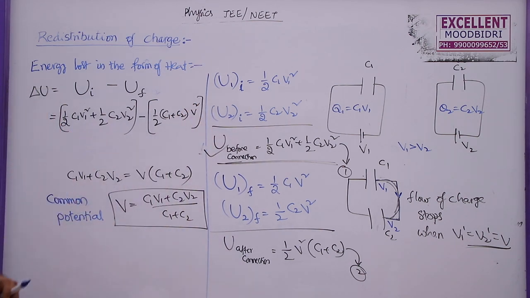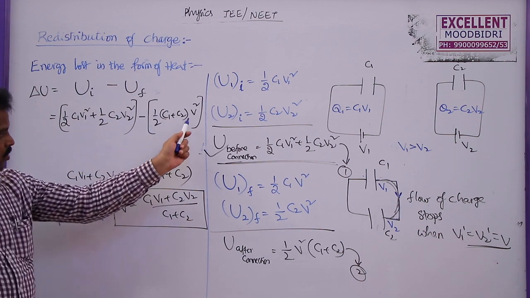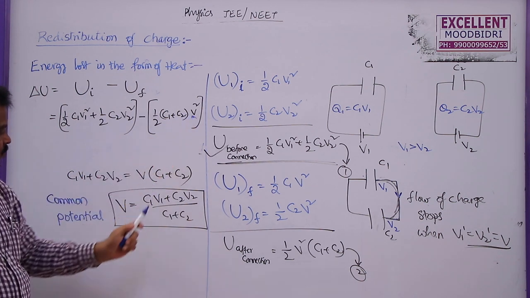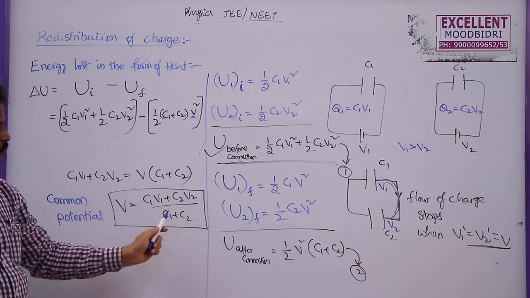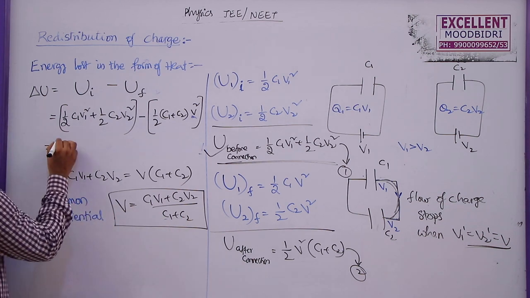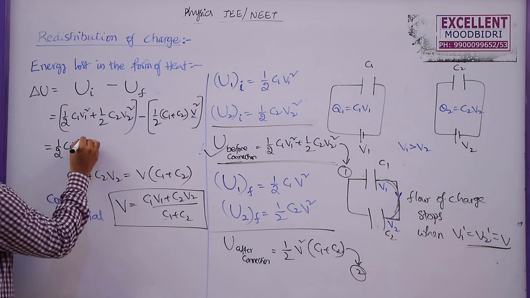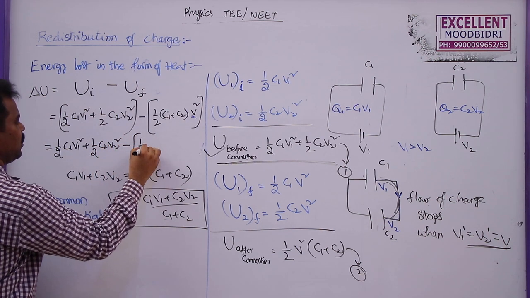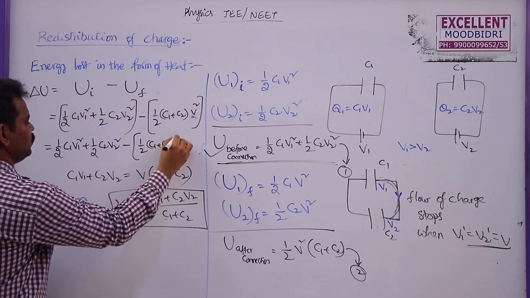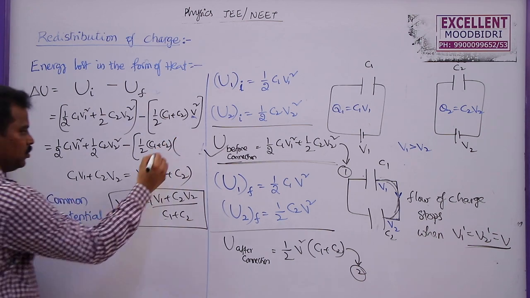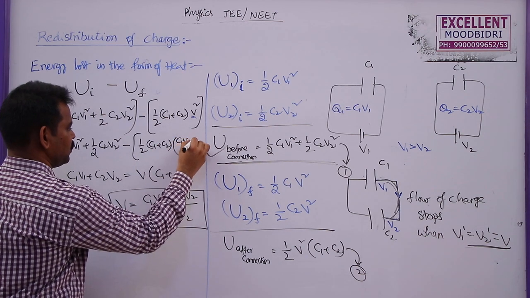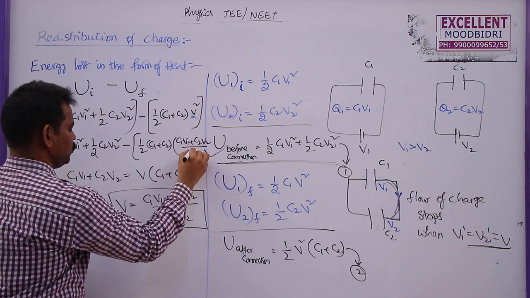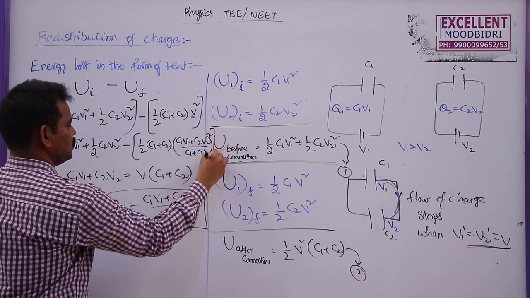So this is the formula, but we know the common potential after connection, which is given by C1 V1 plus C2 V2 by C1 plus C2. So I am going to write this as half C1 V1 square plus half C2 V2 square minus half into C1 plus C2 into the common potential, C1 V1 plus C2 V2 by C1 plus C2, whole